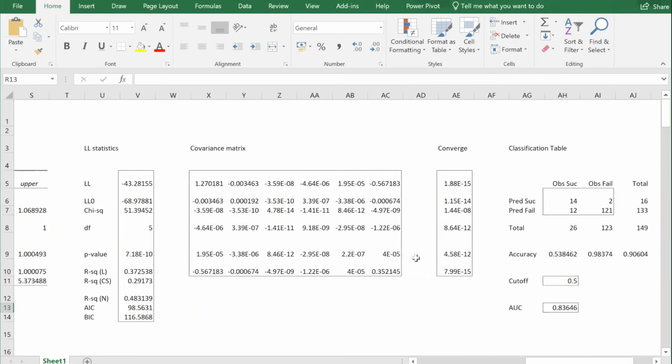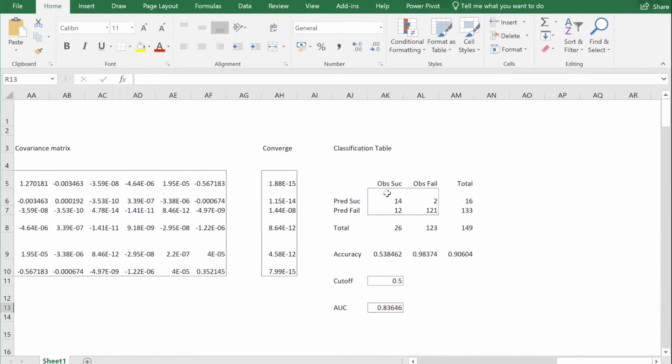Here we see a classification table at this particular point. We see observed success and observed failure compared to predicted success and predicted failure. Now you see the numbers in this table, which says that there are 14 observations which are actually success and you predicted as success.